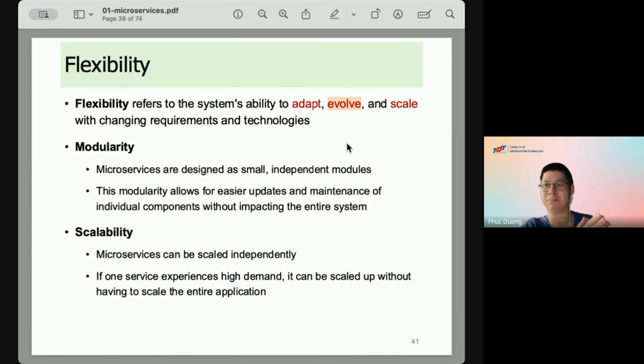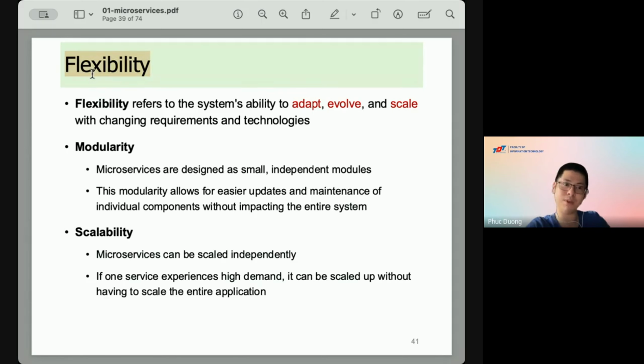In this kind of approach, you have an inexpensive, cheap approach to your system. So remember the three keys: adapt, evolve, and scale. All three key concepts live under the flexibility concept in microservices.